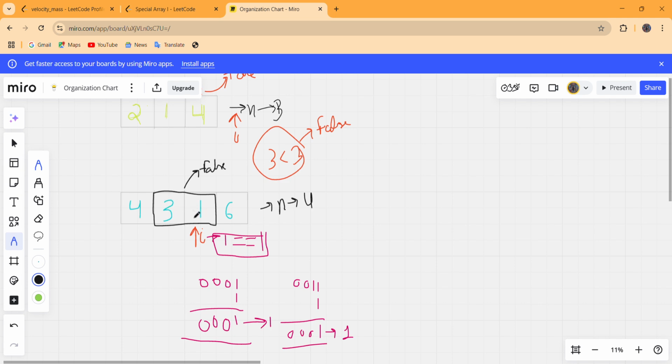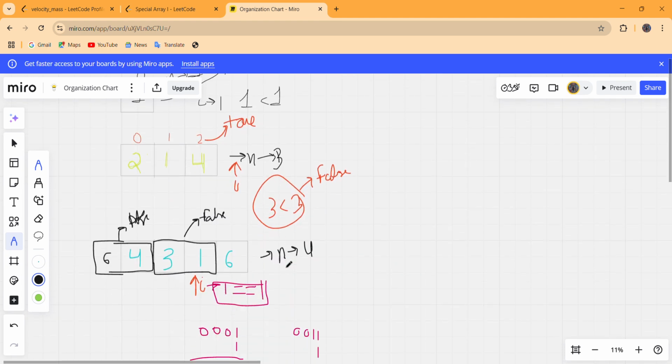That means these two are both odd numbers. Even if this array contained 6, we would return false because of this pair first. These two elements are both odd, so this will also return false to the caller.